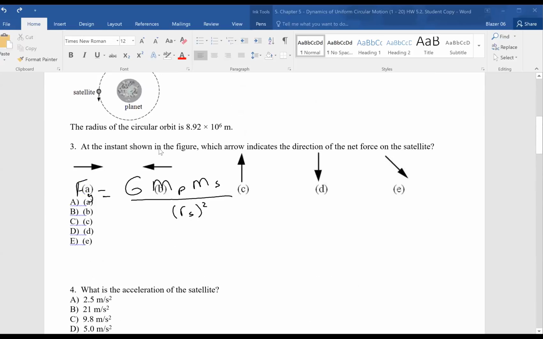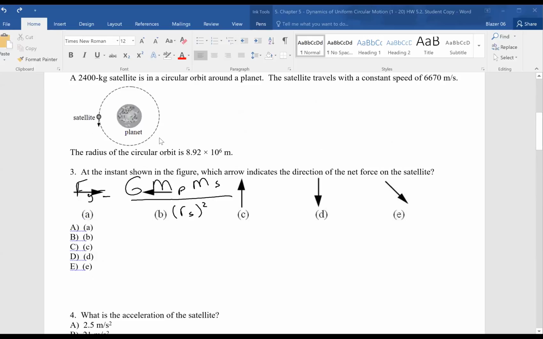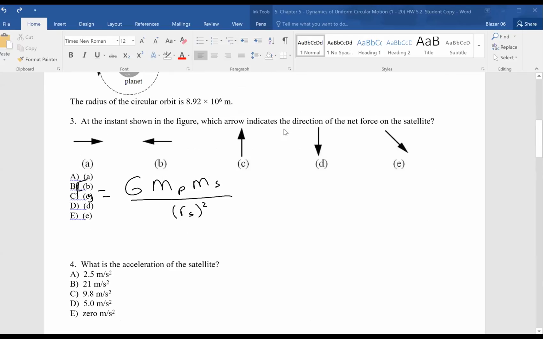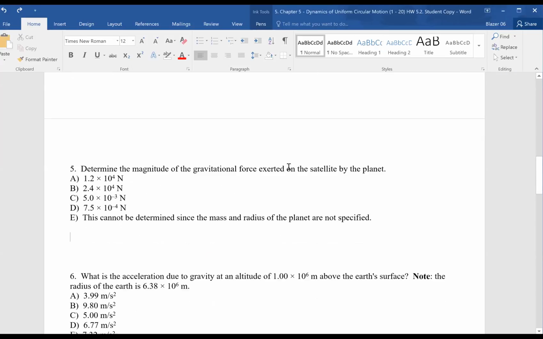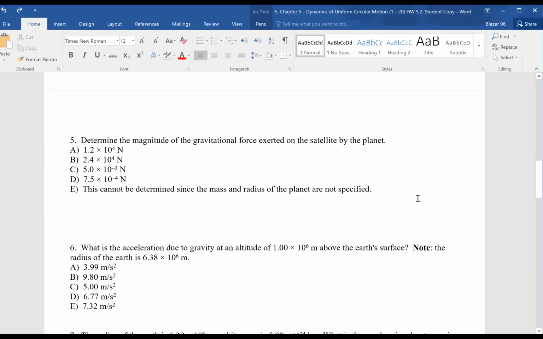We were given the radius of the orbit. We don't even know the radius of the planet. We know the mass of the satellite. We know the speed of the satellite. So this question should remind us of something else we learned in this chapter. And what we learned in this chapter was that for an object in a circular orbit,